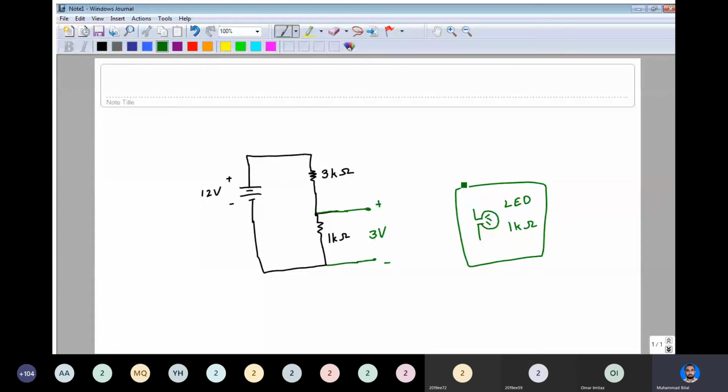Okay. So as soon as I connect this LED, which has a resistance of 1 kilo ohm, across these 2 points, what happens? Look here. This 1 kilo ohm will now be in parallel with the 1 kilo ohm that was part of the voltage divider circuit. These two parallel 1 kilo ohm resistances will make a total of 0.5 kilo ohm, 500 ohm. Now this voltage divider's formula will give us a voltage much lesser than the 3 volt. Now this resistance will become about 6 times higher than the total combined resistance.